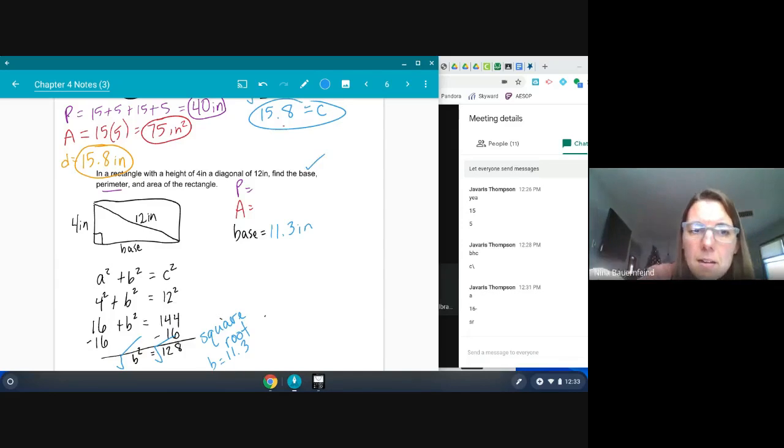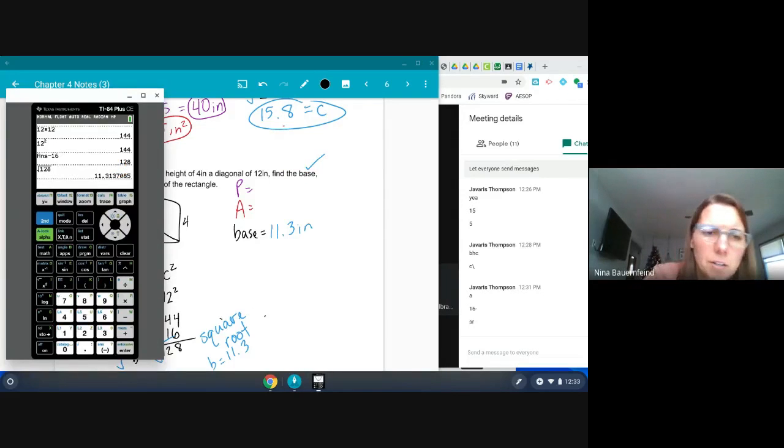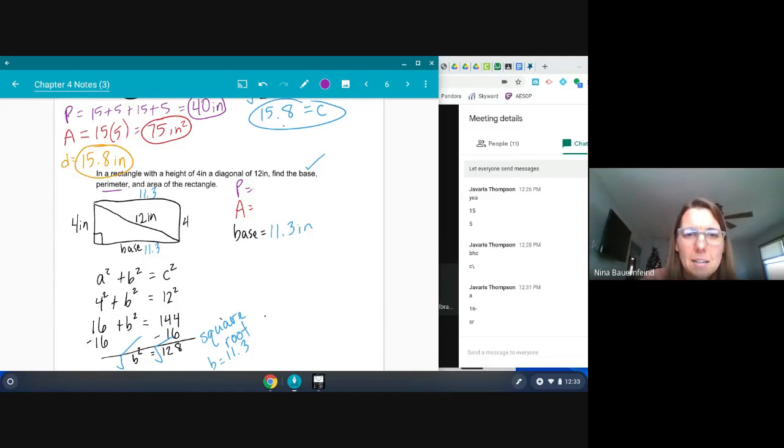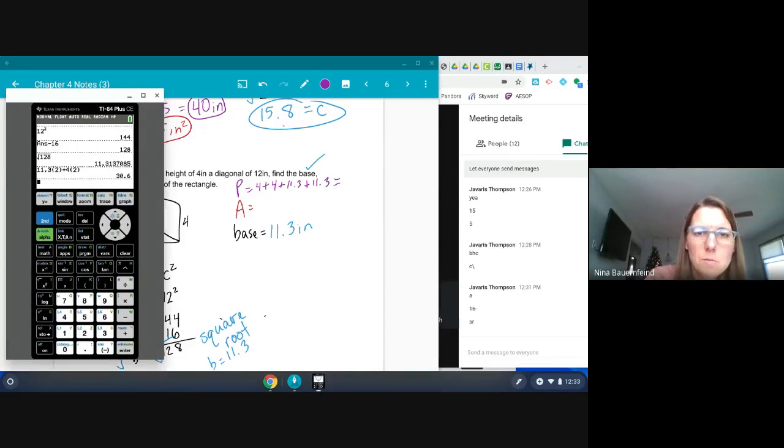We did that. 11.3. Then do you agree that would be 11.3 as well? You okay with that? And then this one's 4. So in our calculator, we could do 11.3 times 2 plus 4 times 2, just because it's less to type. And we get 30.6 for our perimeter. We just added 4 plus 4 plus... I already forgot. 30.6